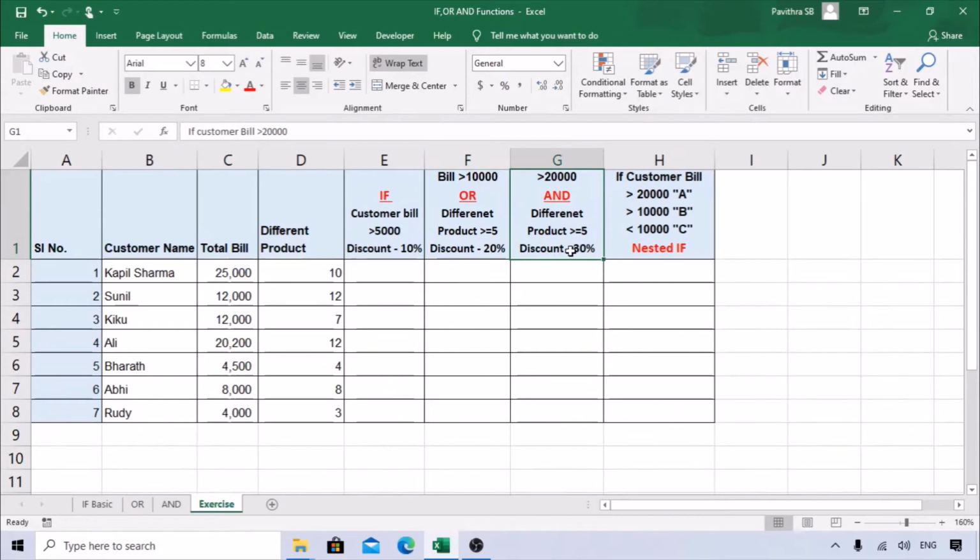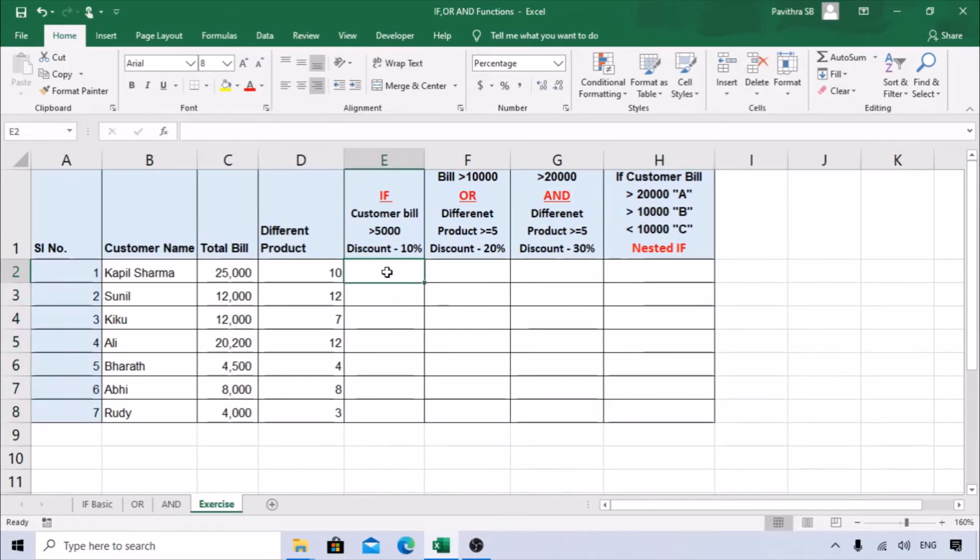Next is the AND function. AND is where you should cross a 20,000 bill and as well as purchase 5 products. If both criteria are met, then he gets a 30% discount. Here it is just an example: customer bill more than 20,000 is A, 10,000 is B, and so on. We need to find this using the IF function.